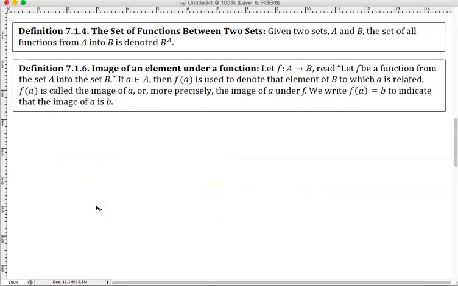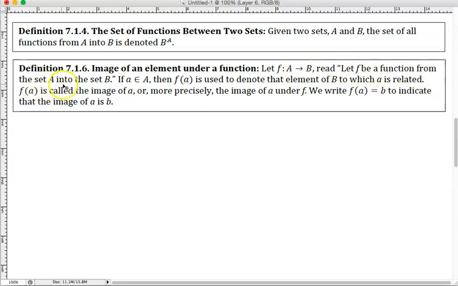All right, so let's look at a couple more definitions. The first one is the set of functions between two sets. Given two sets A and B, the set of all the functions from A to B is denoted by set B to the A. And next, we're going to define the image of an element under a function. So if I have a function that goes from set A to set B,